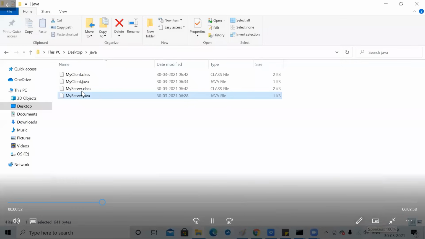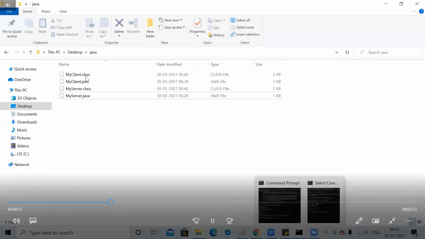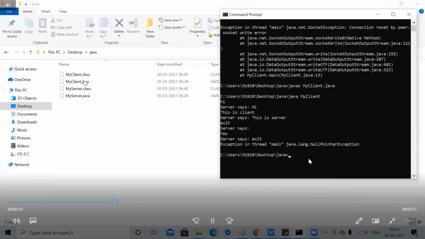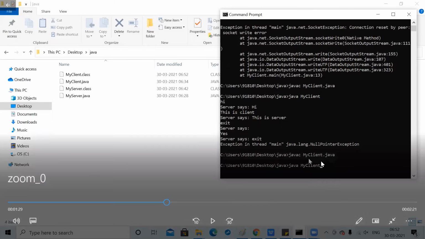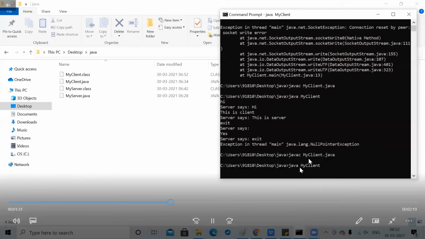So these are our classes which we have seen. These programs: my client class file is created, and my server Java class file is created. So here, you can see javac MyClient.java, then java MyClient to execute the client.